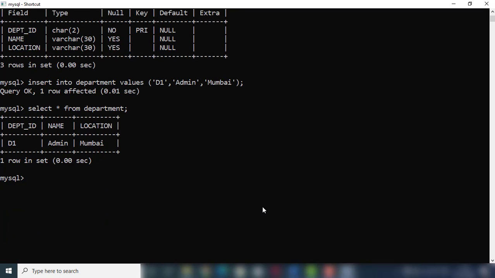Now I am going to put one more record. Simply press the up arrow key, you will get all the previous commands whatever you committed. So here department 2, D2, and then suppose this is sales and this is, suppose, Delhi or Raipur. Okay, now enter. Again it is successfully inserted, but my intention is to show what is the problem regarding